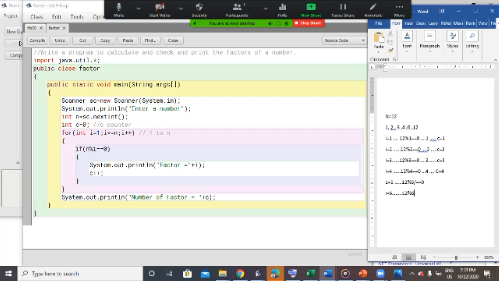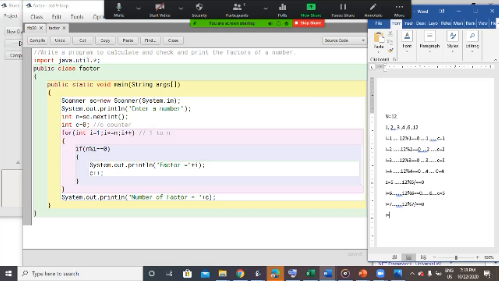So the value 6 will be printed and the counter will increase to 5. For I equals 7, same case, it is not divisible, so neither is it printed nor does the counter increase.